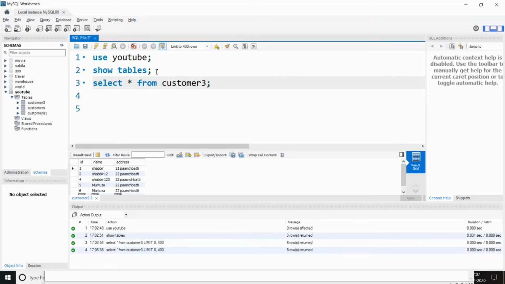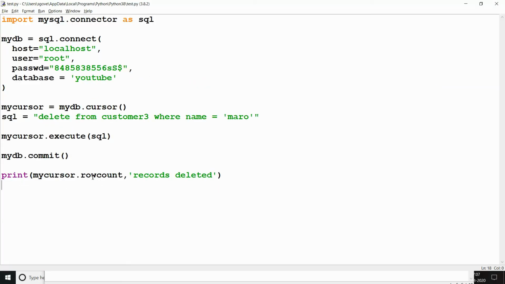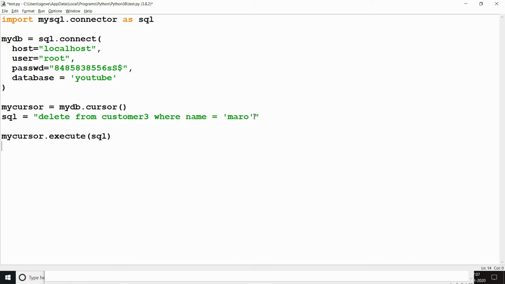The next thing that I wanted to show you in this video is about dropping tables. Using the show tables command you can see all the tables that have been created in this YouTube database. In this database we have this customer table which I will try to drop using Python. So we again go inside our code, and now we don't require this commit part. So we will write the new query here